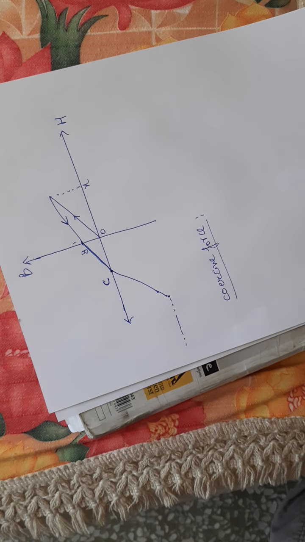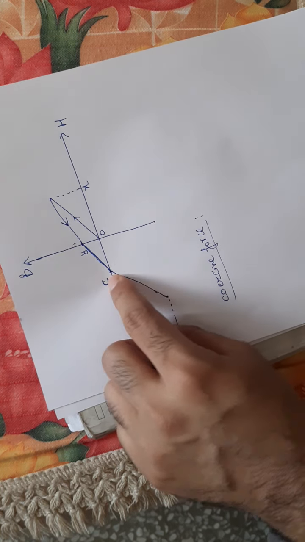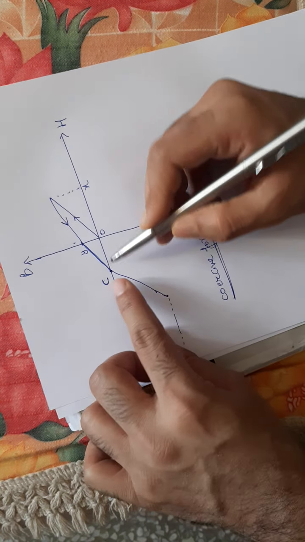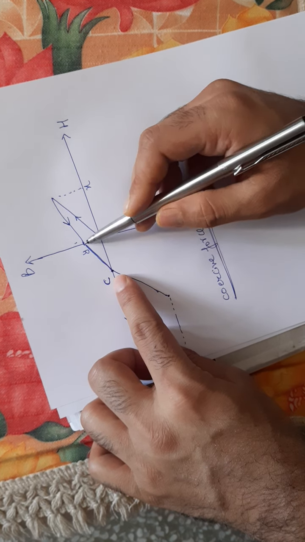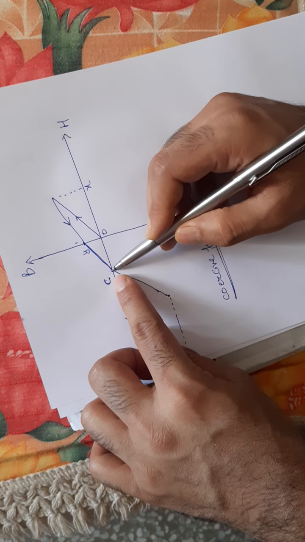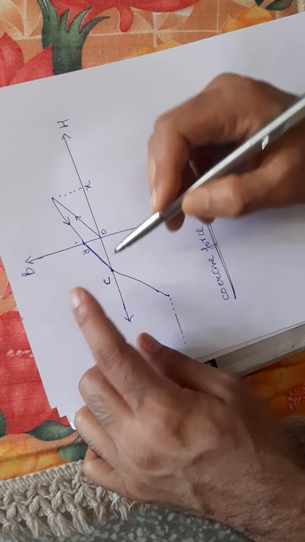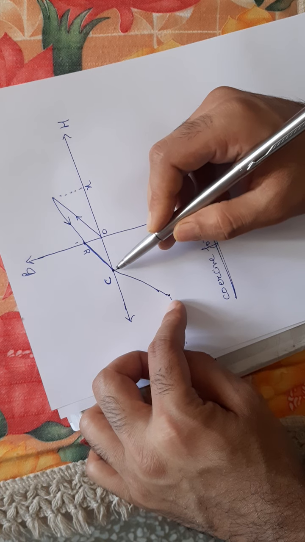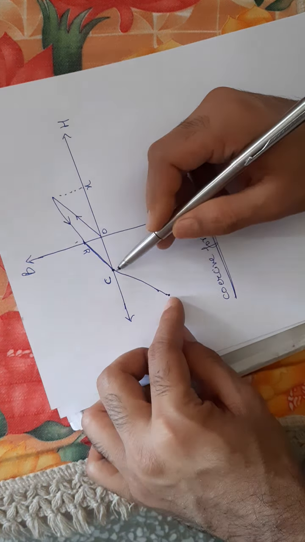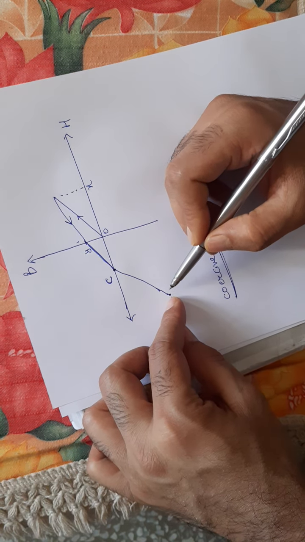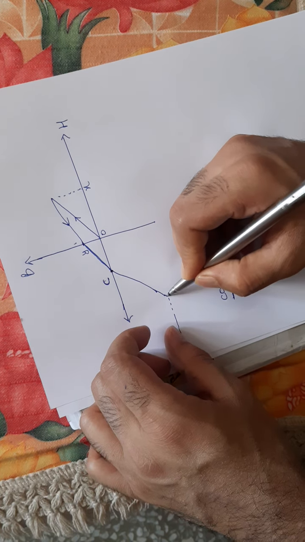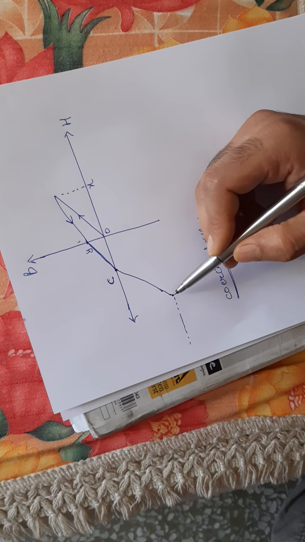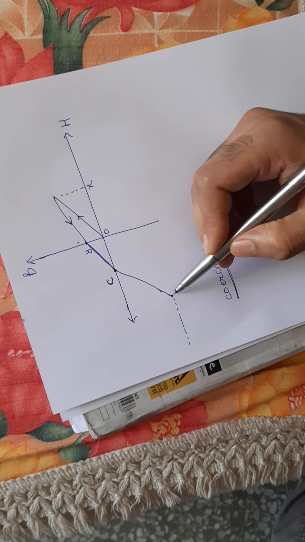Got it? So now what do we do after this point? We continuously increase the value of H or current in the reverse direction. What is coercive force? The MMF required to reduce the residual magnetism in a material to 0. So it is this point. Up to which point do we increase it? Up to the negative saturation point, which is this point. After saturation, there is no use in increasing H.